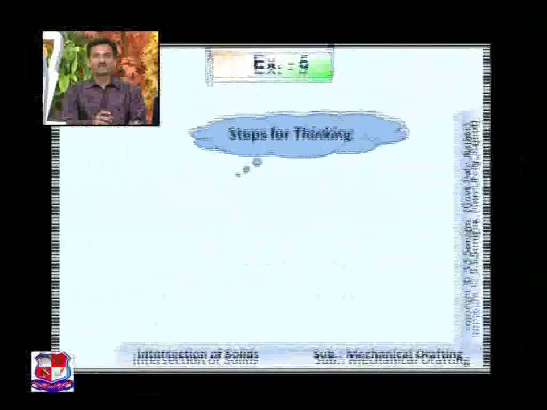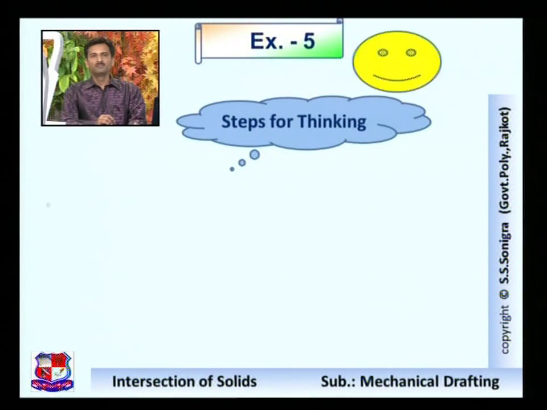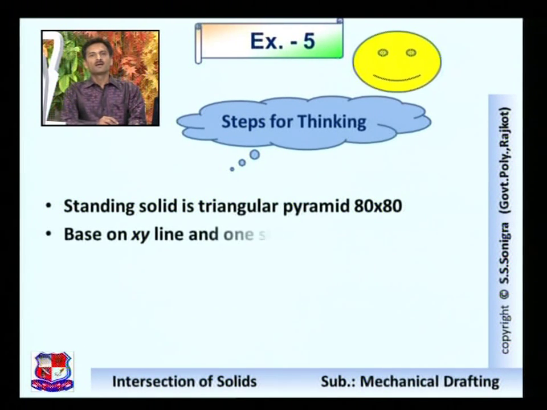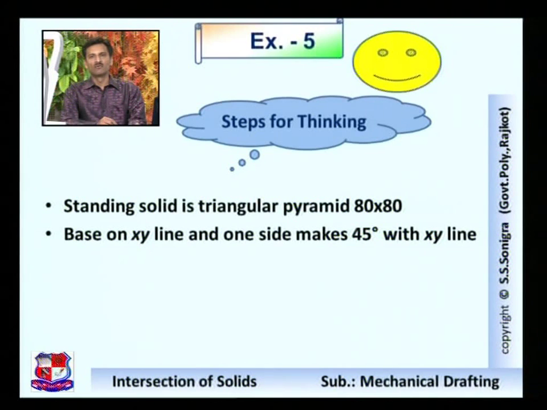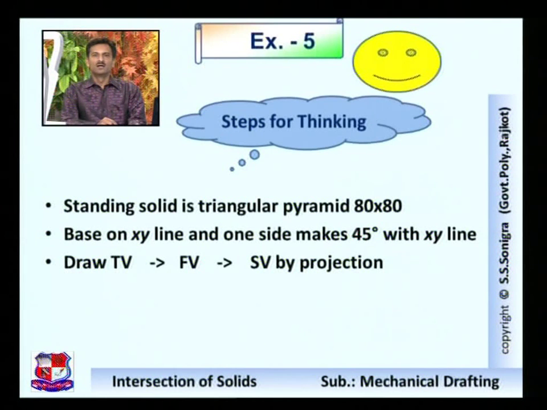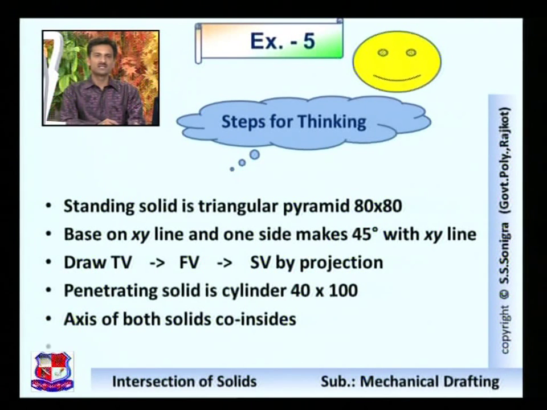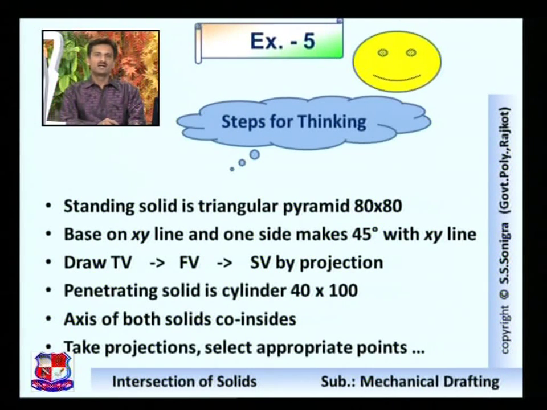So here first we think about the given problem. The standing solid is a triangular pyramid, 80 by 80, with its base on the XY line and one side making an angle of 45 degrees with the XY line. Draw the top view, front view and side view in such a way that in the top view the triangle makes an angle of 45 degrees with the XY line. The penetrating solid is a cylinder, diameter 40, height 100. The axis of both the solids coincides with each other. Take projections, select appropriate points. So let me solve this problem